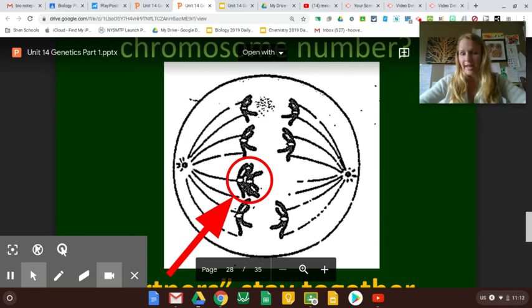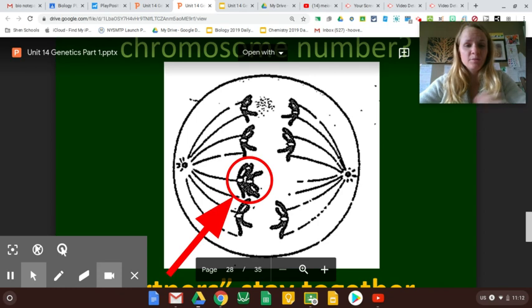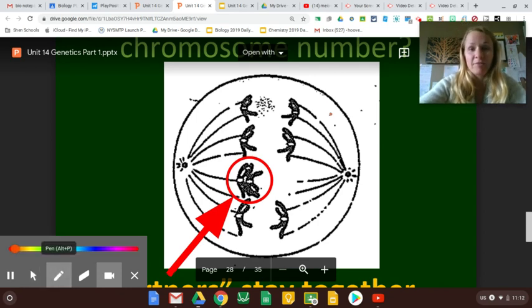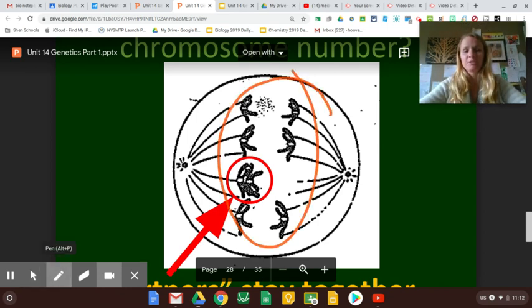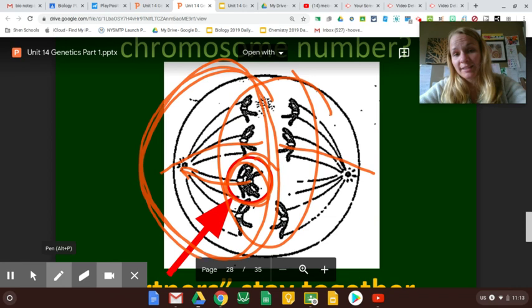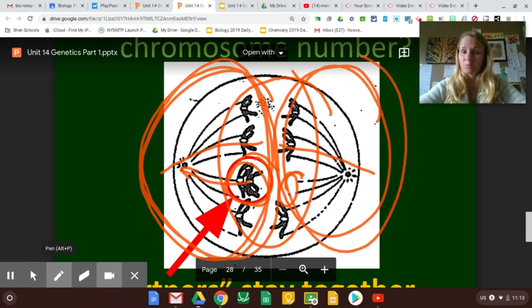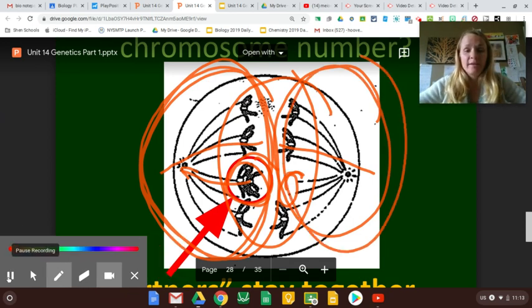Okay, so why does this happen? Why do you sometimes have an extra chromosome or not enough chromosomes? It all happens during anaphase, my favorite phase of meiosis, when the splitting happens. So they were supposed to split in opposite directions, but maybe sometimes they stuck together and too many went over here to this new cell. So this person has trisomy, they have too many, or this cell ended up with not enough. So this would be like a disease where the person is missing some chromosomes. And that all happened because they didn't split properly during anaphase, and since they didn't